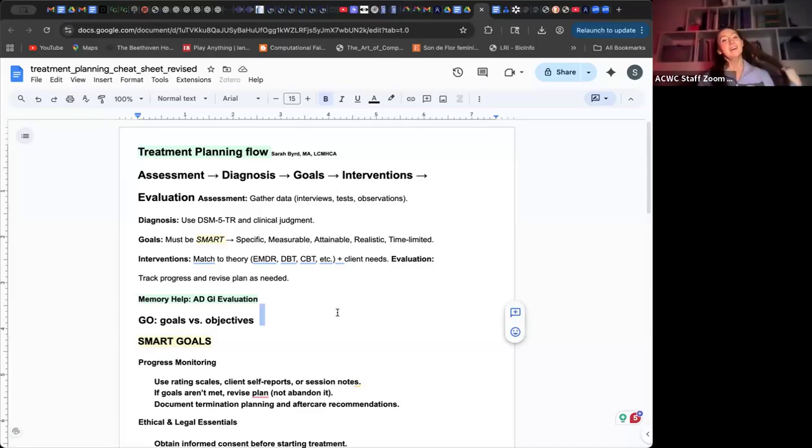right? So I don't know if you've ever seen, for example, therapy notes. I don't know if anyone here has ever used therapy notes, like where you work in helping people, but in therapy notes you'll see a goal and then objectives, and that actually helps to keep it clear in my mind. But the goal is the broad picture. That's like naming for the client where the destination is on your journey, right? So for example, I think of it like,